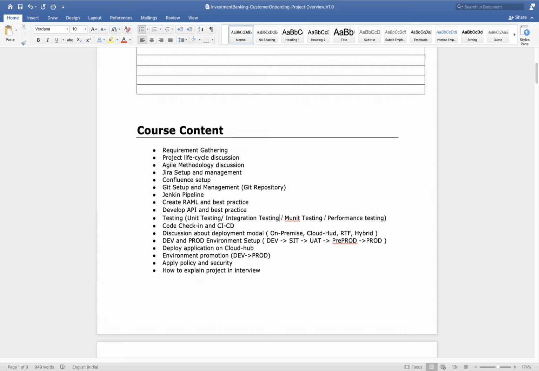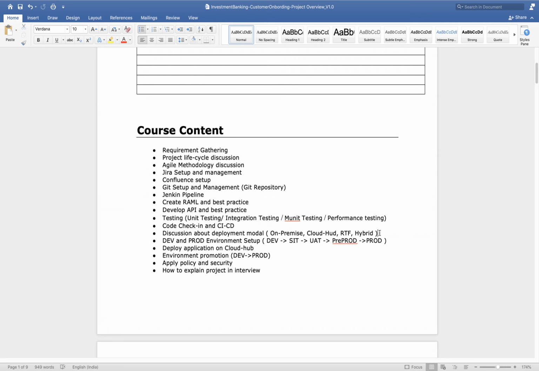But here I am just going through what all things we are going to cover, so I am taking it a bit faster. Later on, for example, the deployment model discussion for CloudHub itself will take 1 day, meaning 3 hours. So don't worry about this, just understand what all things we are going to cover.